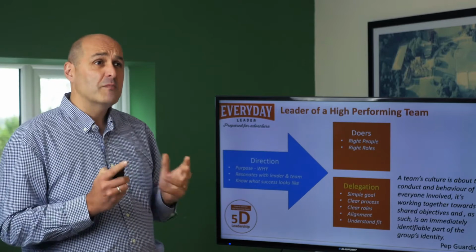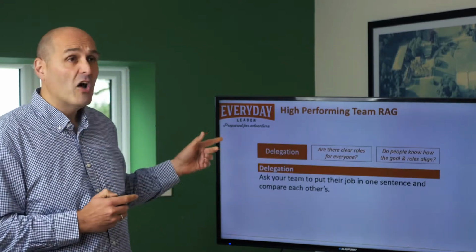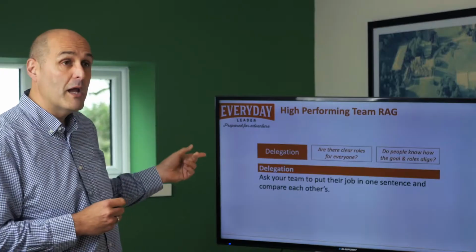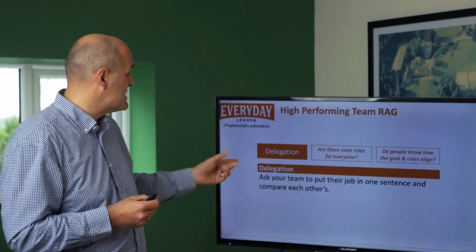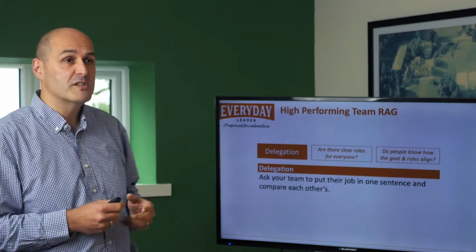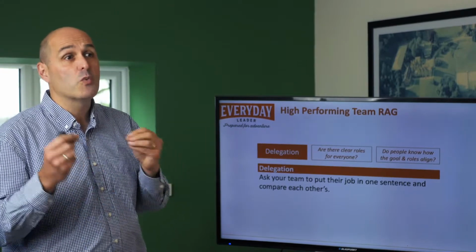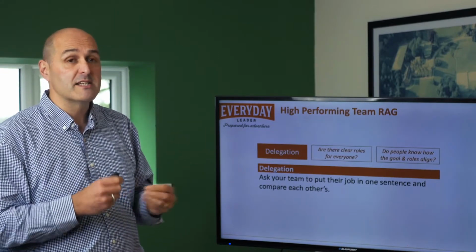So if you're thinking about some key questions to ask yourself, are there clear roles for everybody? Have you got job descriptions? Are they simple and clear enough to understand? And do people know what they need to do in order to help their teammates do their job well too? And so maybe if you're thinking about your existing team, ask your team to put their job description perhaps in 1 sentence, so everyone clearly knows what their key role and their key purpose is, and get them to share